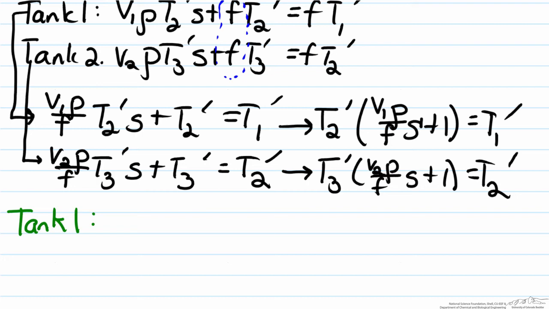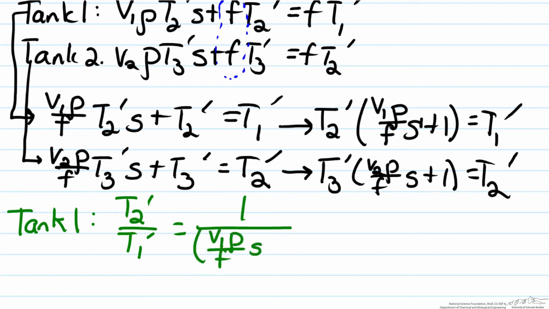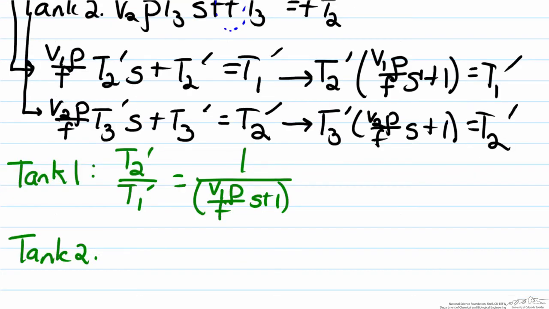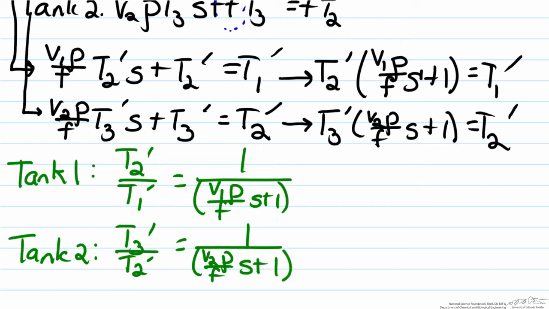So for tank 1, we'll have that T2 prime over T1 prime equals 1 over (V1 rho over F)s plus 1. And similarly, for tank 2, we have that T3 prime over T2 prime equals 1 over (V2 rho over F)s plus 1. Although we have found these two transfer functions, our overall goal, recall, was to find T3 prime